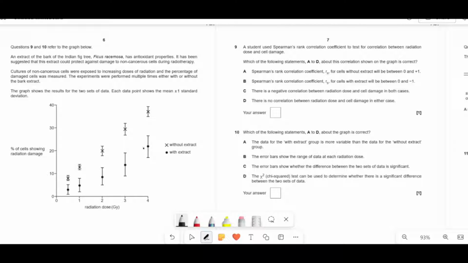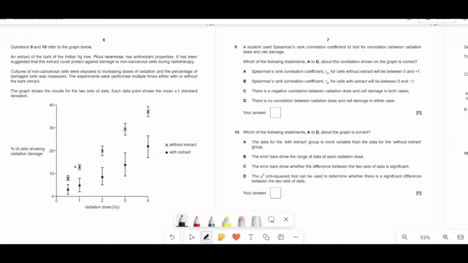The next part as well is to look at the overlaps and the deviation. So if we look at the without extract part, each one of these does not overlap. So they're all significantly different, meaning that the results of this one don't overlap with here. With extract, you can see there's quite a lot of overlap between the results. In fact, all of them overlap, so we can't really say that this is significantly different to this, or this,